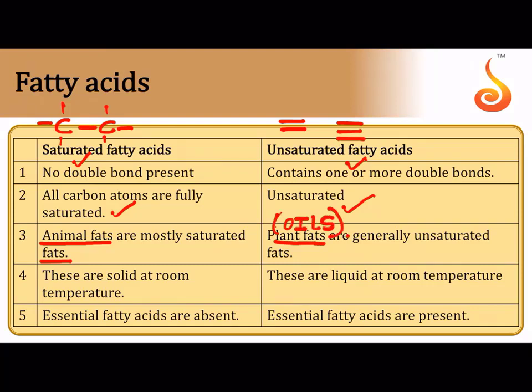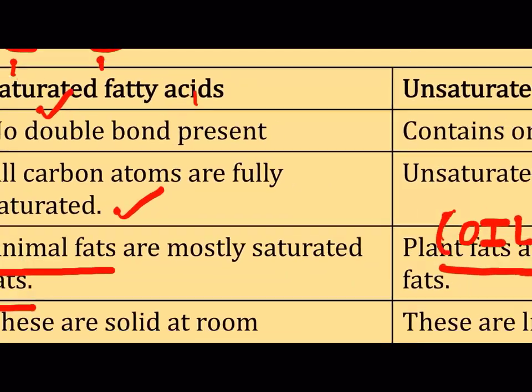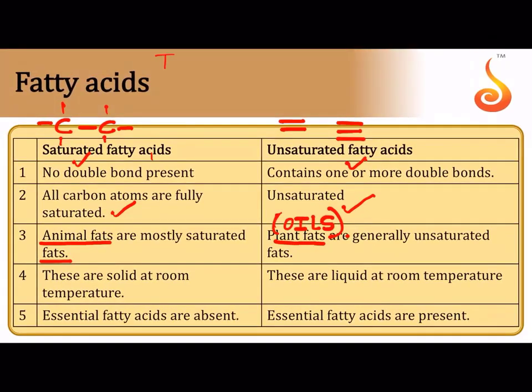Now, oils and fats. In the beginning I discussed something with you called triglycerides. What was a triglyceride? Can you recall and tell me? A triglyceride was a simple lipid. What was a triglyceride made up of? It had a glycerol molecule and it had what attached to it? Fatty acids. Three same fatty acids or three different fatty acids were attached.